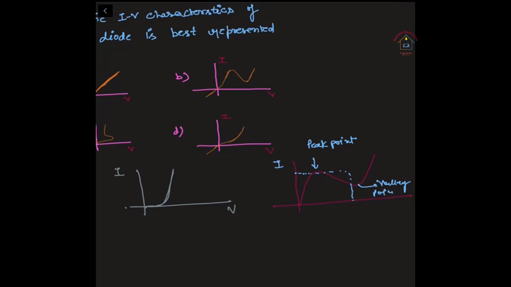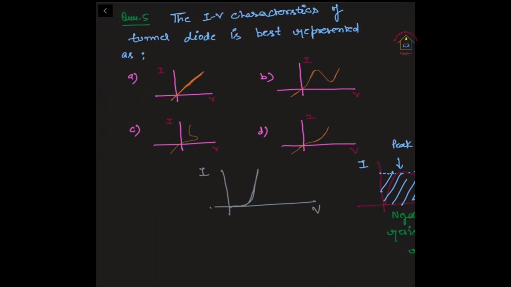This is I and this is V. This region is called negative resistance region. So in the options we can see the correct option is